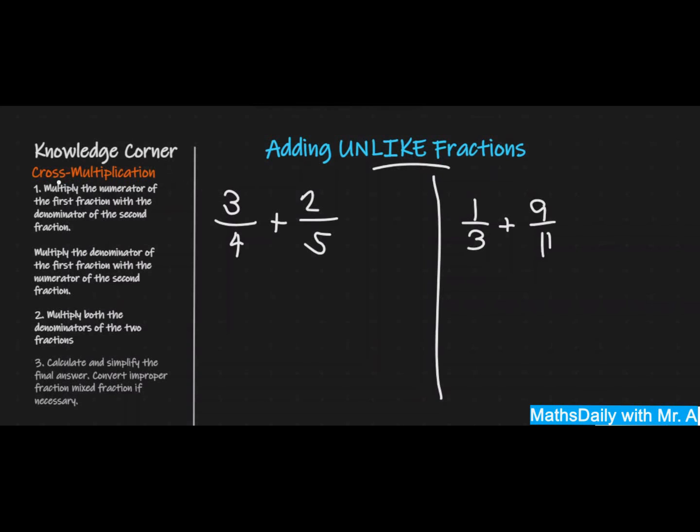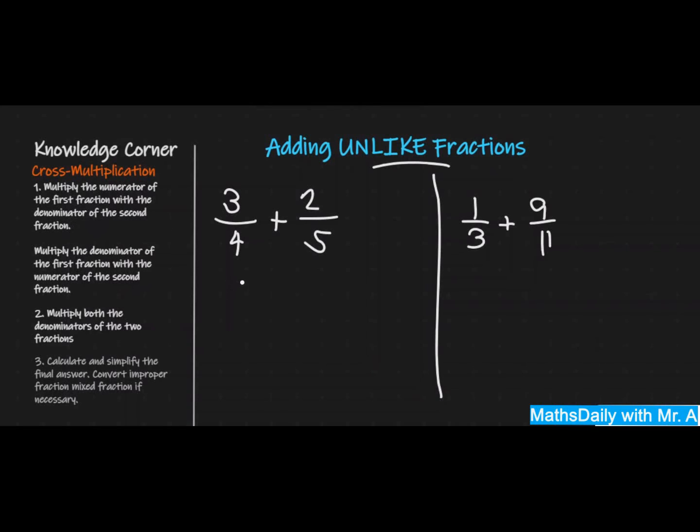To add unlike fractions using cross multiplication method, we need to multiply the numerator of the first fraction with the denominator of the second fraction. After that, multiply the denominator of the first fraction with the numerator of the second fraction. Following this step, multiply 3 times 5, plus 4 times 2, over